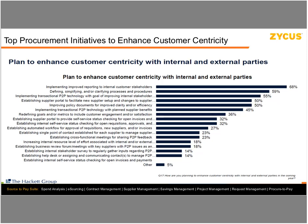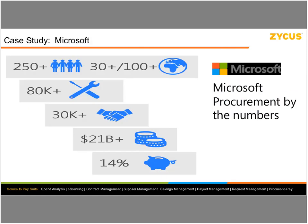What I wanted to do is start with a case study from, in fact, the world's largest software company, Microsoft. This was a case study that they presented earlier this year at Hackett's Best Practices Conference, and I would say it's an extremely compelling case study and certainly helpful to gauge what's being done. They may be in a slightly unique position in that, being the world's largest software company, they have access to development resources to build their own application in this space, which most companies may not have access to. But let's take a look first at what Microsoft has done, and certainly looking at the demographics,